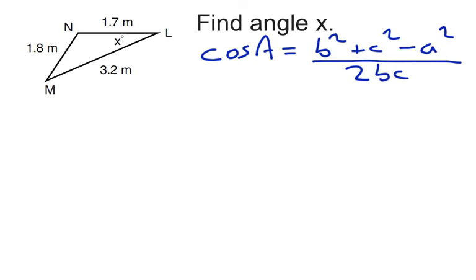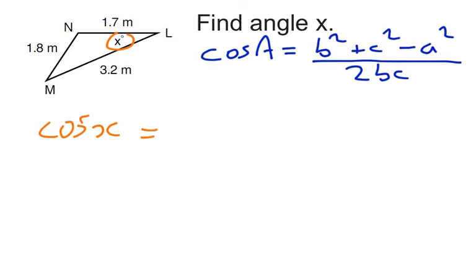Now we could relabel all the corners and edges of this triangle as A, B and C, with x being A and the other two being B and C. But let's think about what the formula tells us. The formula tells us that cos of x, which is here,